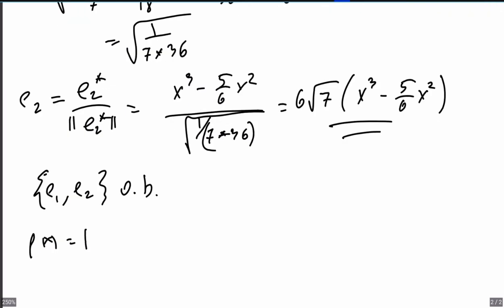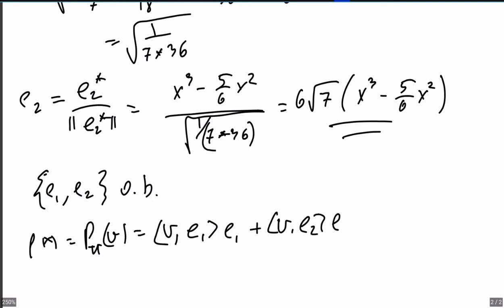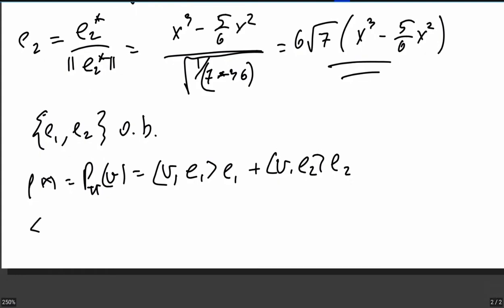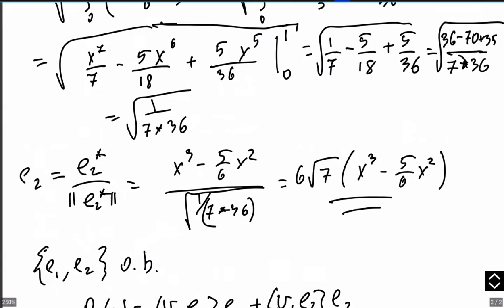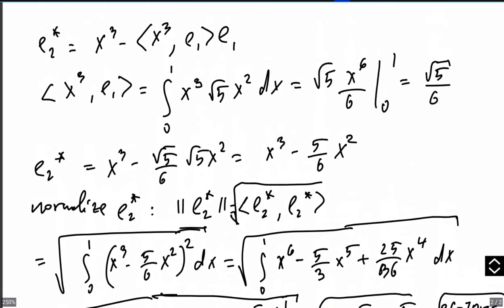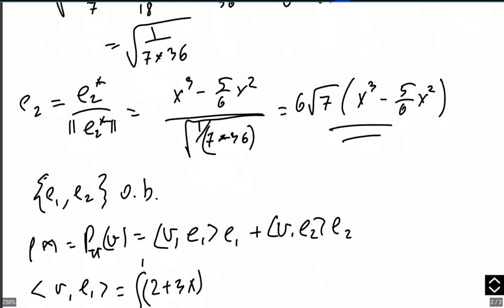solution is the projection of V onto the U subspace, which means it's V inner product with E1 times E1 plus V inner product with E2 times E2. So we have to calculate these inner products. V inner product E1 is the integral from 0 to 1 of 2 plus 3x, the v vector, and the e1 vector, the basis vector, is square root of 5 x squared